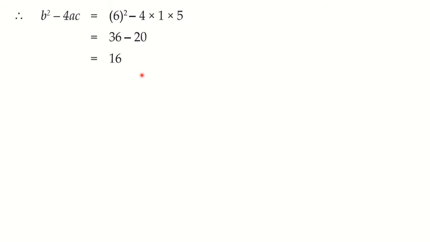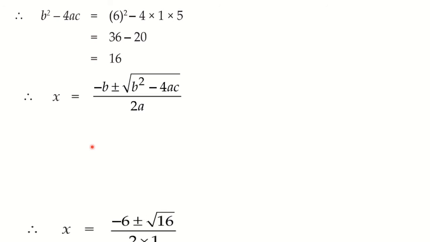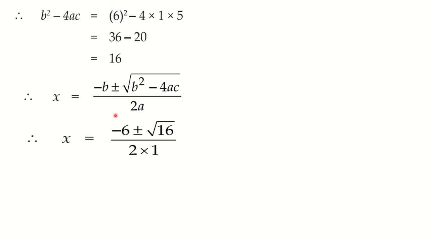Okay. Now afterwards we are going to write down the formula. That is x is equal to minus b plus or minus under root b square minus 4ac upon 2a. Now here we are going to put the values. See, this minus sign is there in the formula. So everywhere before substituting the value of b, you should write down the minus sign. So here it will be minus 6. See, the value of b is 6. So minus 6 plus or minus, in place of this we are going to write 16 because this value we have found out, no, 16. So directly you have to write down 16 here.